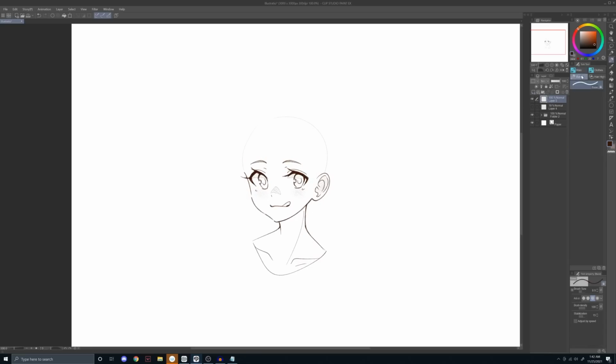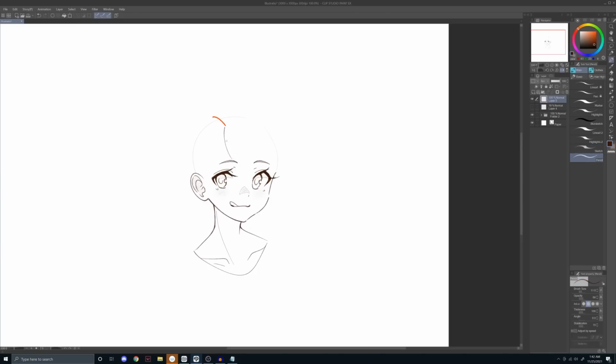Number 4, the hair originates from a point or a line. In terms of real humans, you always notice that someone has a bald spot or a split hair line. And that is because the hair is always originating from that line or bald spot. Now, we can take this into account by giving our art or our person a hair source. So as you can see, I'm going to draw mine right there. So they're going to have a side split or side bang or whatever it's called. I don't remember what it's called. And if we take this into account, then we can draw